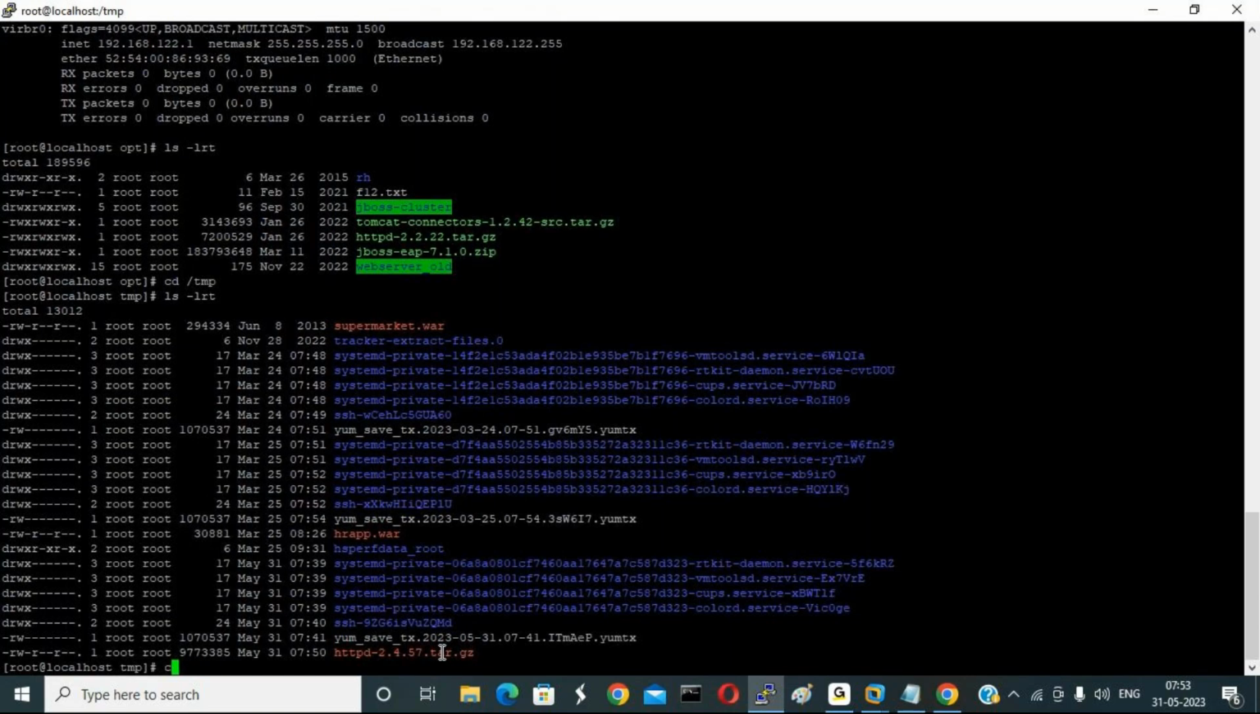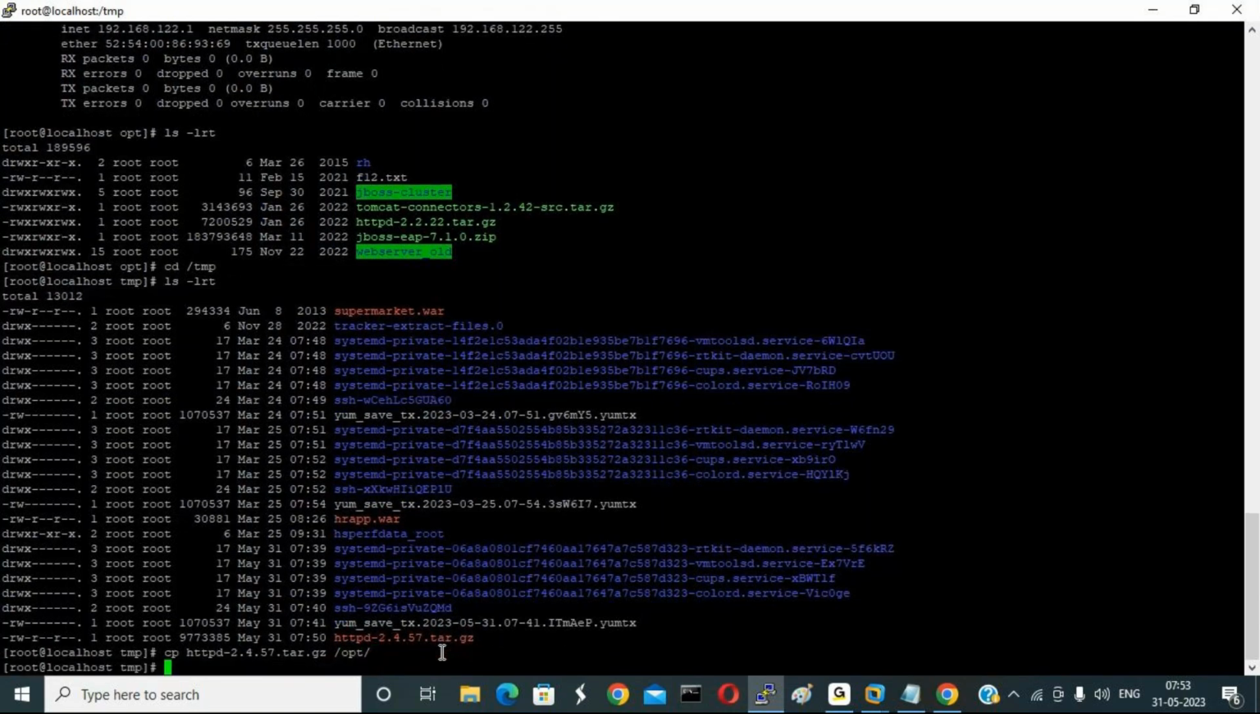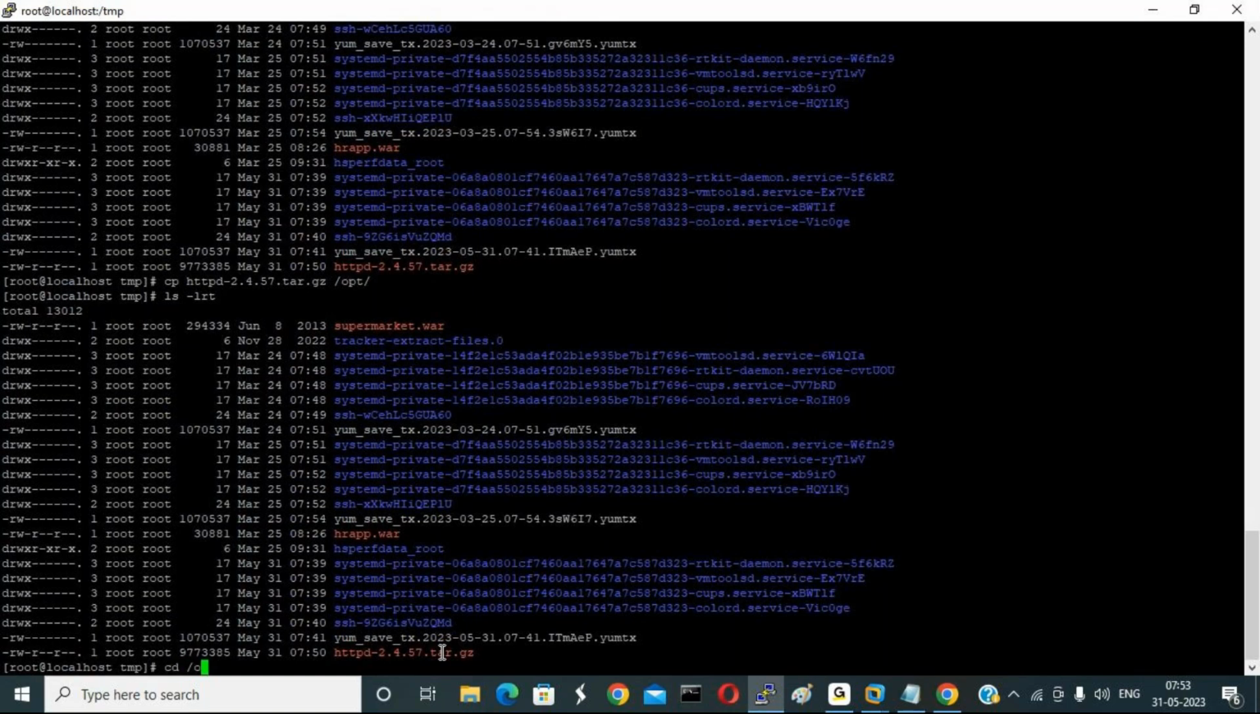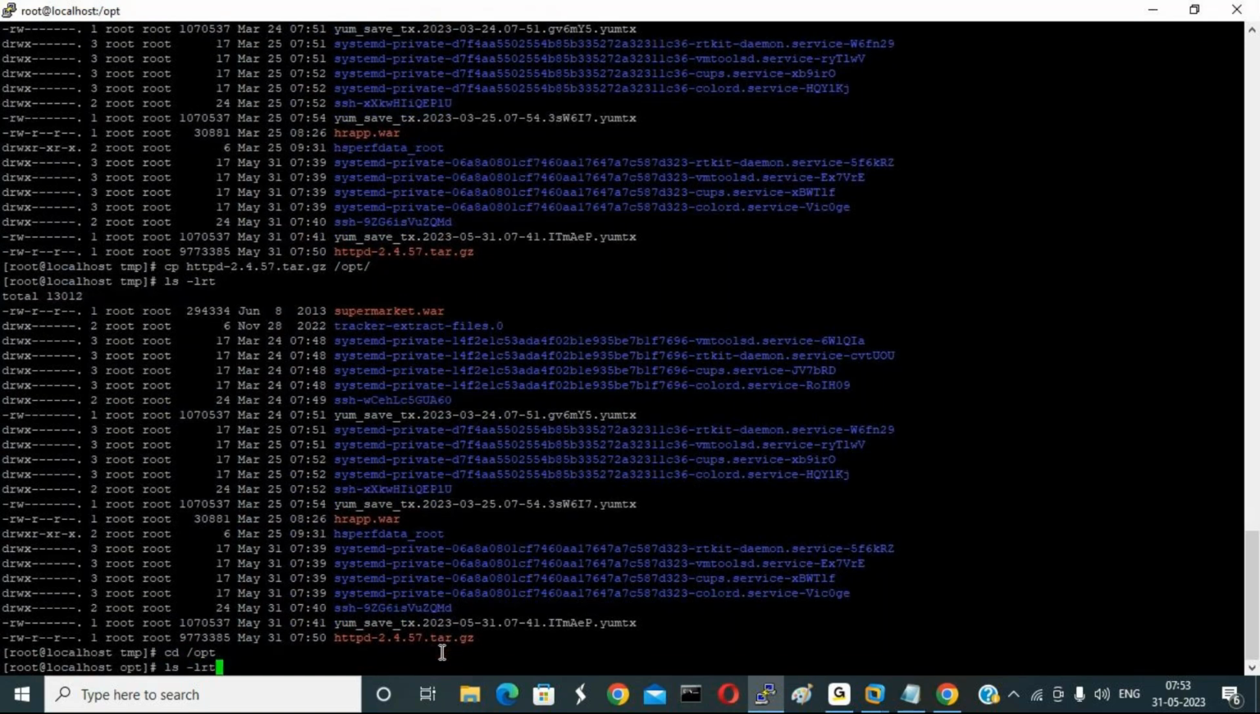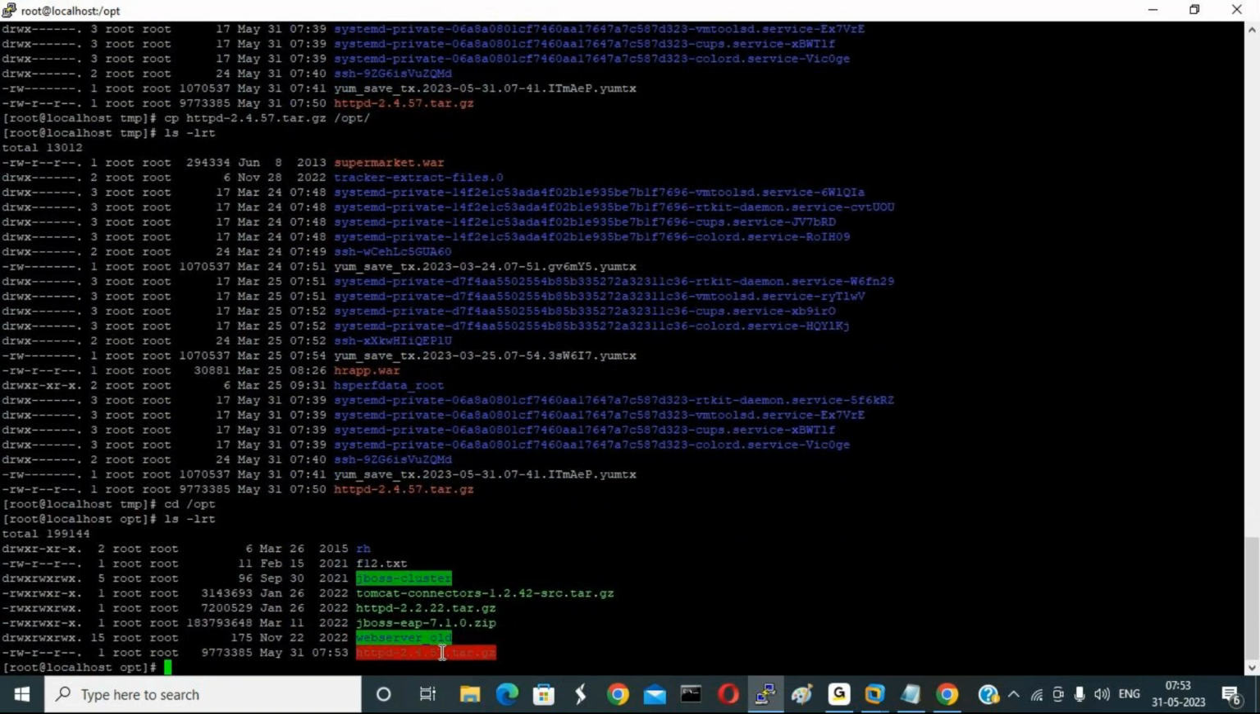Okay, so I will use the cp command to copy the file or directory: cp httpd. I'm in the current location, so I have just given the file name. If you're in another directory, you have to provide the full path where the file is available. Okay, where I have to copy: under opt. It is copied. Okay, fine. Go to the opt. Here I have the Apache web server